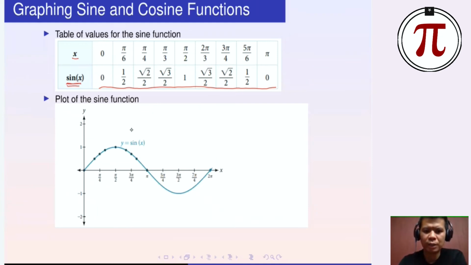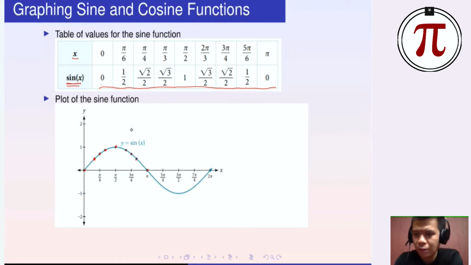So from that, we can get all these ones. Sine is going to be the y coordinates, right? So we can just do what we did. At 0, it's at the origin, it goes through the origin, right? Pi over 6, 1/2. So it is this point, and then pi over 4, square root of 2 over 2 goes here, square root of 3 over 2, and pi over 1,